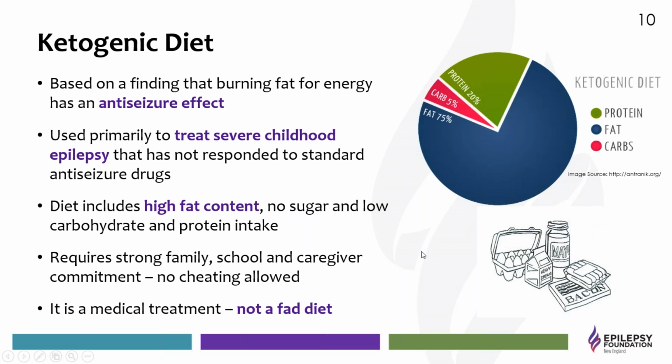There are no cookies, no candies, no cakes. There's no cheating on this diet. This is not what it's like. You're really eating measured amounts of protein, little to no carbohydrates, and you're really living on a lot of dairy, a lot of oils, avocado, coconut oil, MCT oil, things like that. And yes, you can have bacon and you can have hot dogs and sausages on this, but you have to be very careful where they're coming from so that you can be sure that they're not being made with a lot of additives like sugar and preservatives.